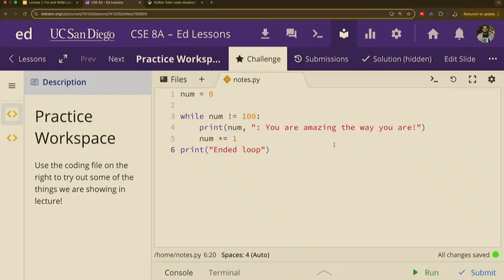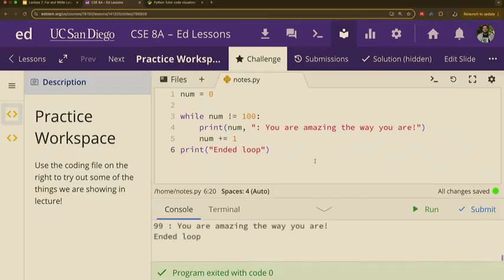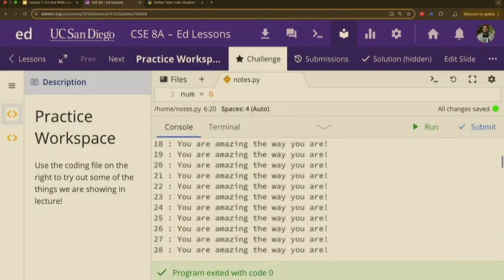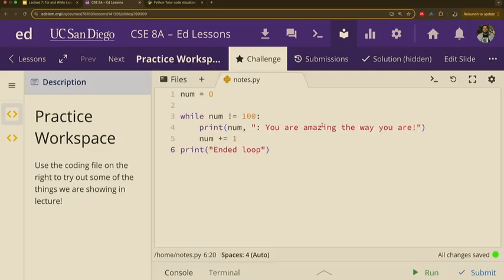Okay? You can also do this, where now you're going to keep on adding num plus equals 1. It keeps on incrementing up by 1. And then it keeps on checking this while loop, right? So when it gets here, it loops back up. It checks to see, is num equal to 100, yes or no? If it's not equal to 100, you go inside. If it is equal to 100, then you leave. You immediately leave the while loop. Does that make sense? Yes, no?